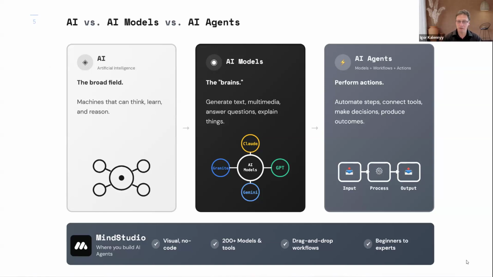You don't have to use one model. You can interchange 200 plus models within MindStudio if you think that a certain step requires a particular model or another model. So you can build your workflows using drag and drop, and anybody from a beginner to an expert can utilize MindStudio to their particular goals. Next slide, please.